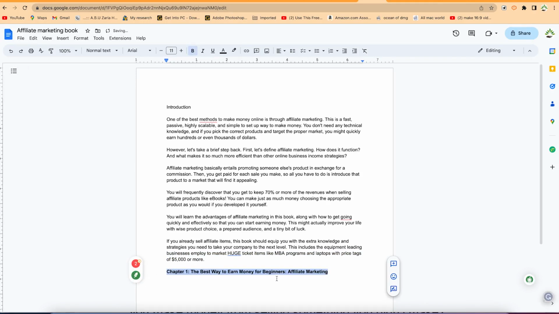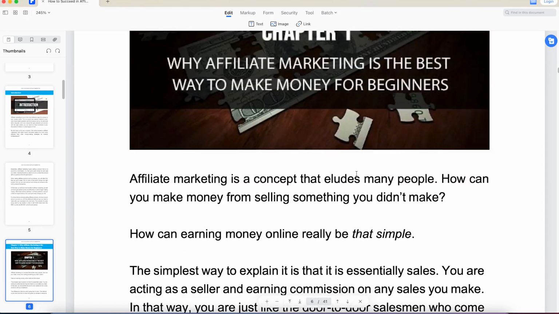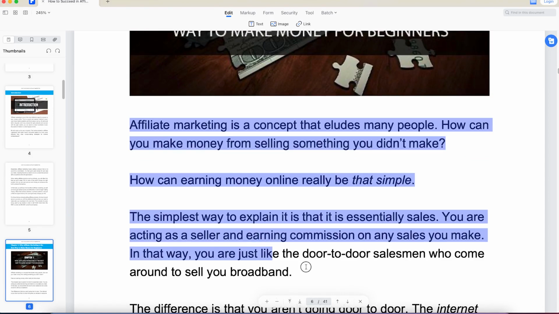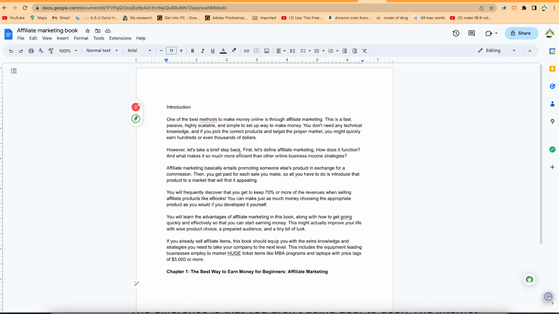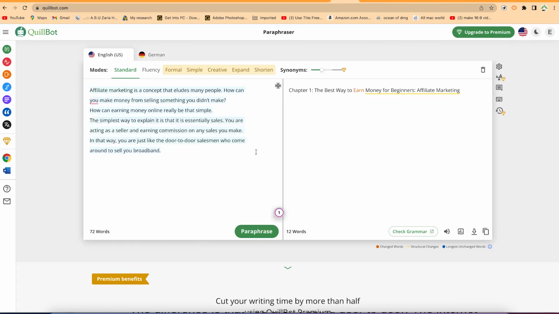Okay, so you can bold it, and then you can go down and go to the next. Come back to the next chapter to continue to copy the content. So you can go ahead and copy this one. Up to here you can copy, and then you can come back to Killbot, select everything, paste, and then make sure you just separate them.